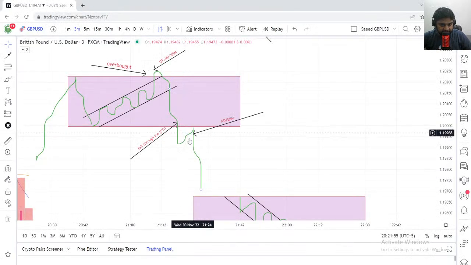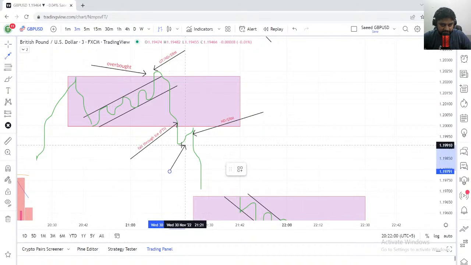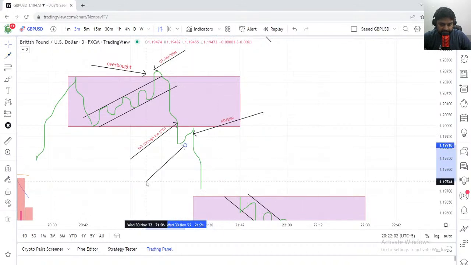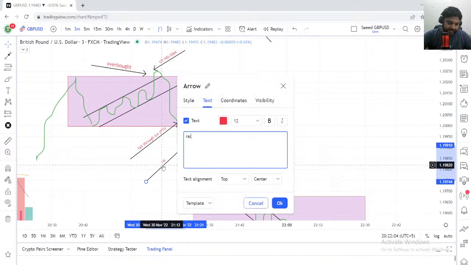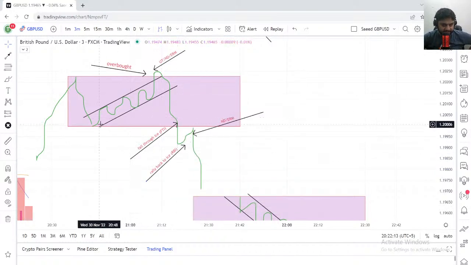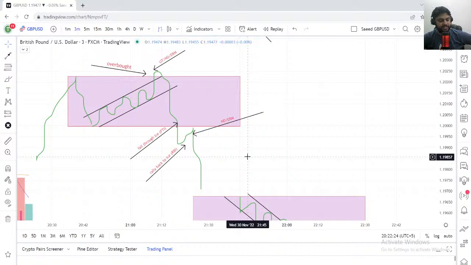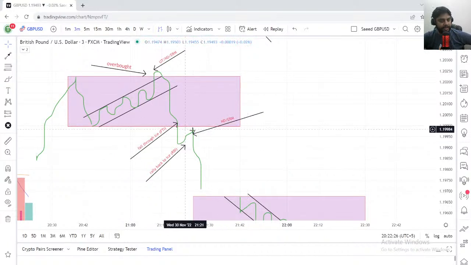So this point right here is called rally back to ice. I'll just name this rally back to ice, because you see it's the ice level, right? RBI, rally back to ice. So this is the ice level. This support is called ice. When the market is falling, we call it fall through ice, FTI. And when the market goes back up for another test, this point is called a rally back to ice.